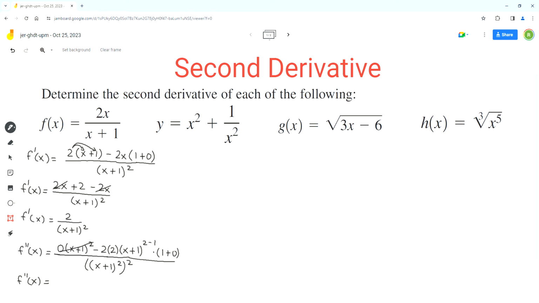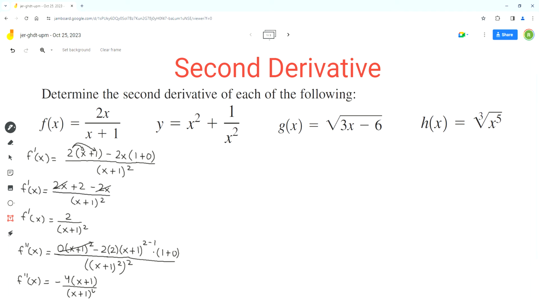And then 1 plus 0 is just 1. So 4 times 1 will just be 4. So we'll get negative 4, and then times (x plus 1) exponent 1, but we don't write 1 as an exponent,